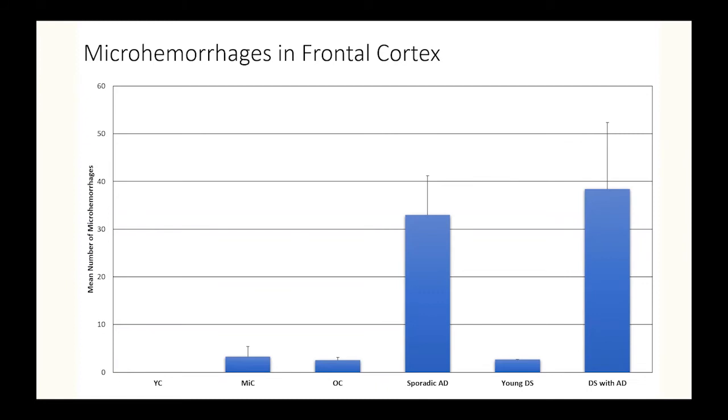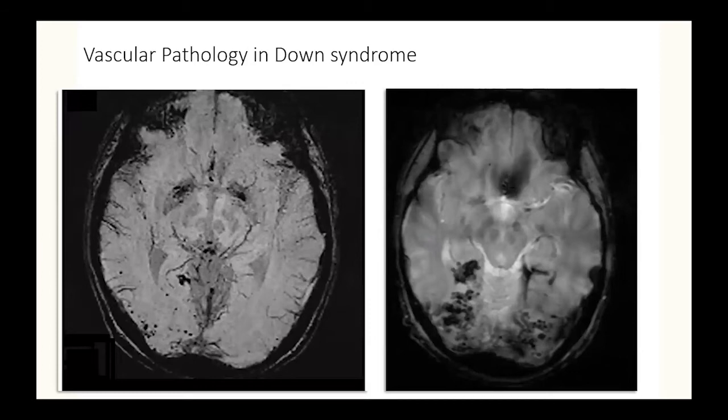So does that suggest to us another protective event? And it turns out infarcts, frank infarcts, in people with Down syndrome is not common. So another really cool thing to look at in some more detail. However, microbleeds are important and are happening in the brains of people with Down syndrome.